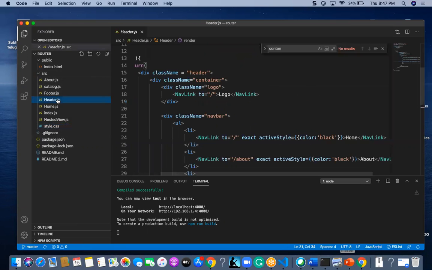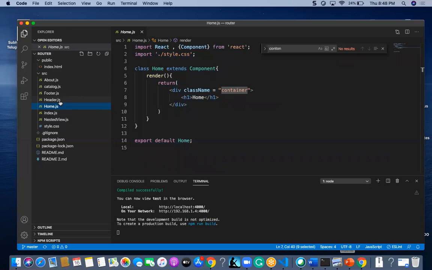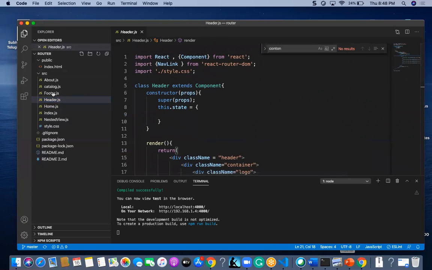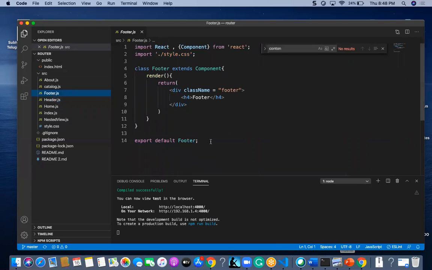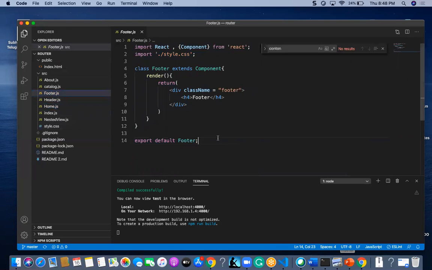Likewise, like home, I have created a header. First I will go for small components. First I created a home, and I created a footer, which just returns a footer, and a header as h4.